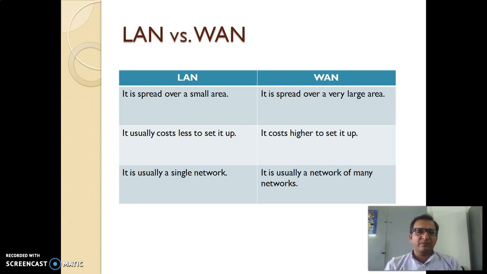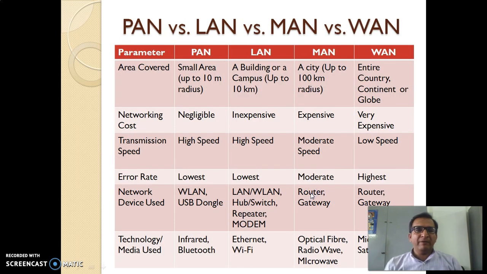A LAN spreads over a small area, whereas a WAN spreads over a very large area. The cost of a LAN is usually less to set up, and for a WAN its cost is higher. And in case of a LAN, it is usually a single network, whereas in case of a WAN, it is usually a network of many networks. And when we compare all these four types of networks, PAN, LAN, MAN, WAN, on the